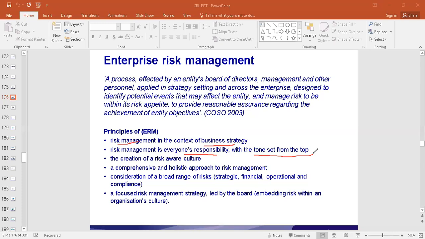So for anything, the top management has to be serious. The tone is always set at the top. People from every level of management would be involved, but the seriousness is always at the top. Then to create a risk aware culture,